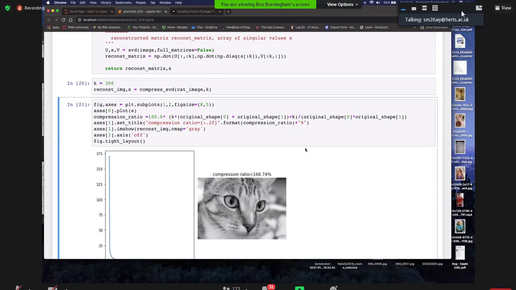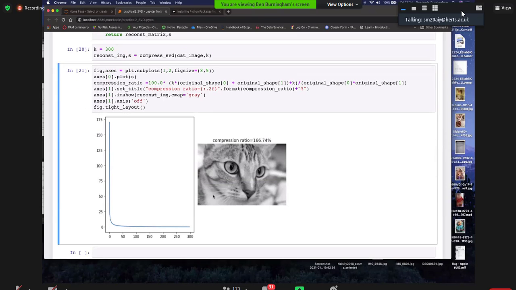Sir, can you explain the compression ratio formula again? I missed it, sorry. So the denominator here is the number of pixels in the original, i.e. the number of values you need to describe the original image, right? And then up here is the number of values you need to describe the